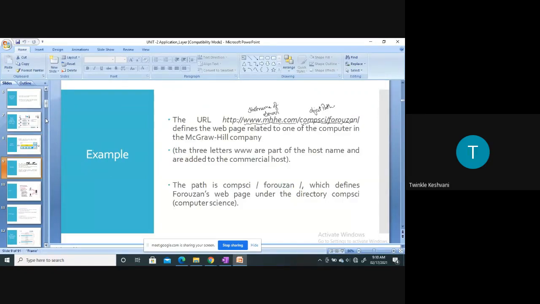And then after we have seen the example of URL, how this URL is divided into two components. The first component we call the host name of the server, and the second, we can say, is the object path, right? So we have discussed that. Also we have discussed two examples, one from the PPT and one I have given in the notes.